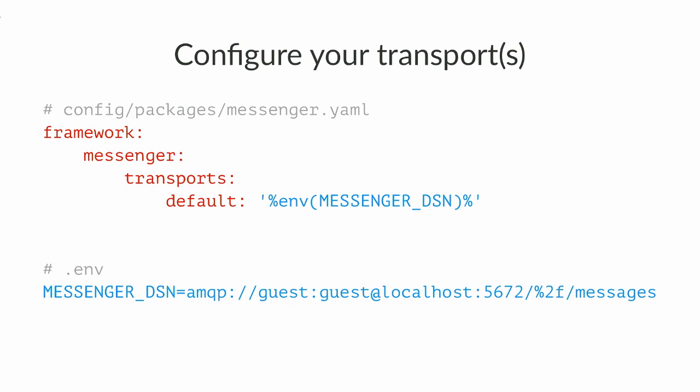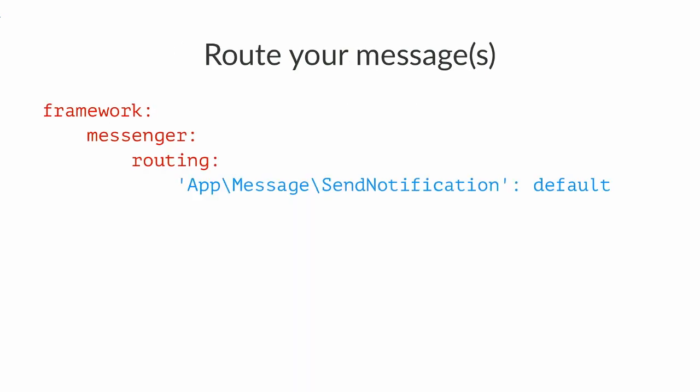That's it. Once we've created the transport, we just rerun the page and nothing changes. It's still super slow. Because the missing bit is that we need to explicitly route each message to the given transport. So now, in the framework.messenger.routing configuration, we're going to say the send notification message needs to be routed through the default transport. And that's it. So that's explicit. Obviously, that works for the class name directly, but also its parent classes if you have some, or an interface.